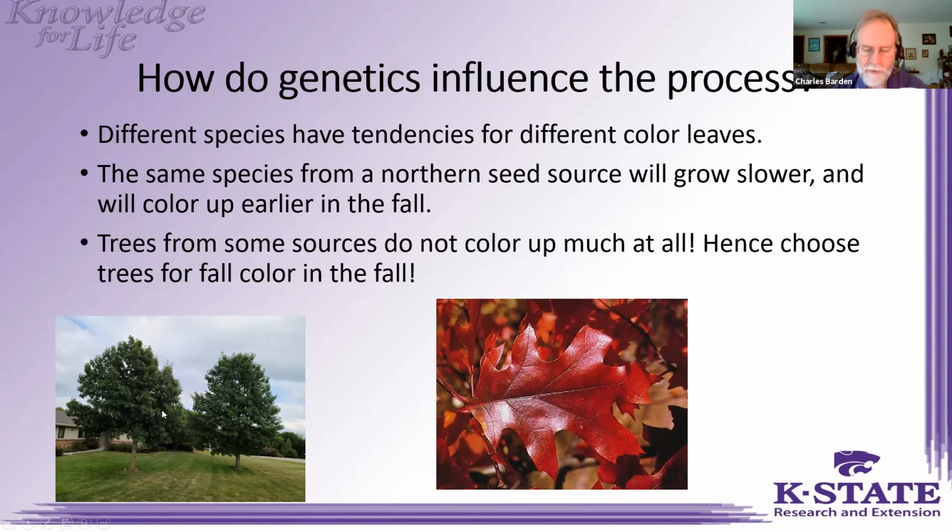And finally, in early November, we get a hard freeze and the leaves get killed. They all turn brown and quite often are stuck on the tree. So they wanted the effect of two matching northern red oaks with bright red fall foliage color. And instead, they got one tree that colors up nicely, one tree does not. And again, a way to prevent that is to select those trees in the fall at the nursery. So you already see the starting red colors we see on this red oak leaf here. And you can be assured that they'll color up together with that same color in the fall.